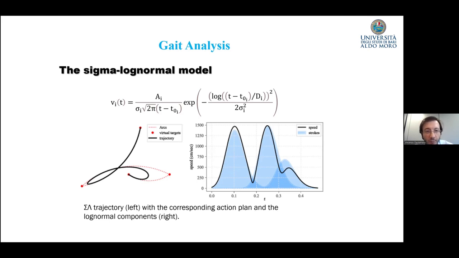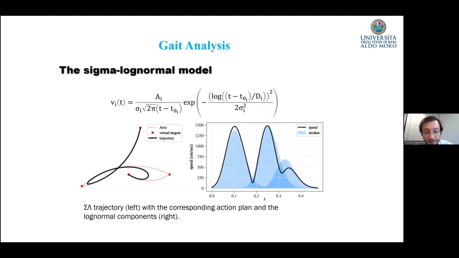The sigma log normal model, which is expressed by the formula that you see there, was developed by Réjean Plamondon, and it is based on the idea that a rapid human movement can be represented as a sequence of overlapping strokes, where each stroke is driven by a log normal impulse response. In other words, the model suggests that the movement of the hand, of the wrist, of the legs, and so on, is controlled by a series of motor commands, with each command generating a basic impulse that follows a log